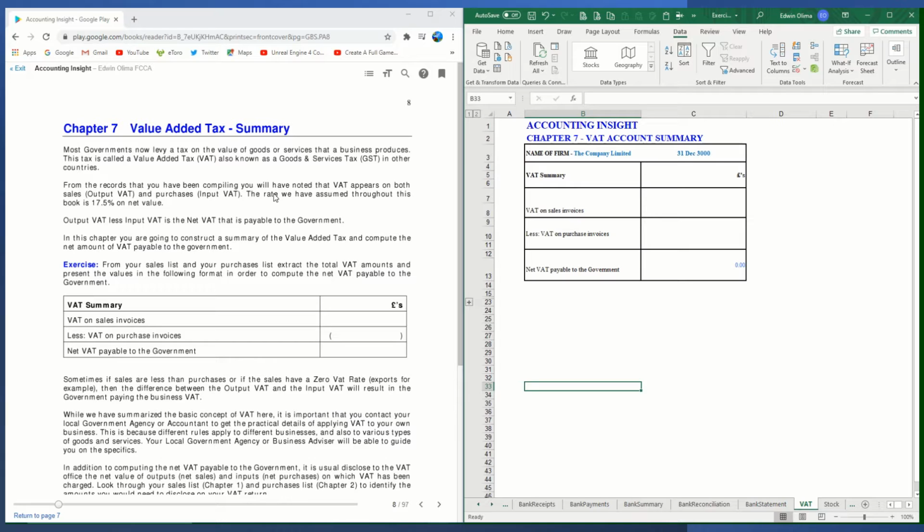As you can see, value added tax is also called VAT in the UK. In some countries, they have goods and services tax instead. For the purposes of our example here,